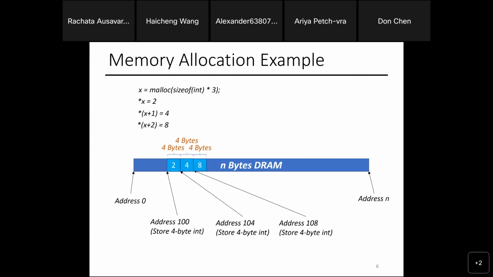On assignment 3, when you use malloc, you will likely see a lot of segmentation faults, which means you're trying to refer to an address that you did not own, or sometimes you forgot to call malloc. That happens too. It means my pointer points to some random location. Sometimes you assign that pointer to be null, which means it's not supposed to point to anything, but then you accidentally call star X, and the computer says that means nothing, because it's not supposed to point to anything.